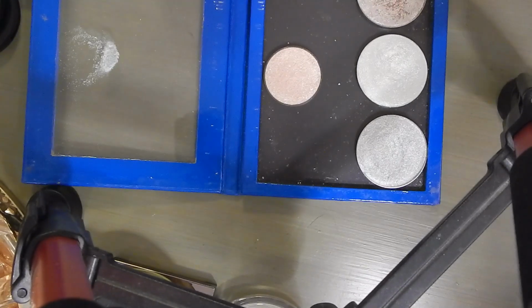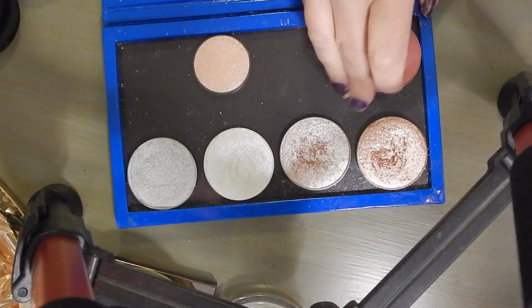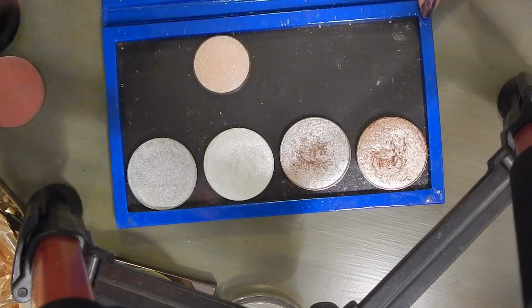I've got these. I have one blush here that I'll definitely bring back out when I do the, I'll just move it over. Okay, so I have 5 more